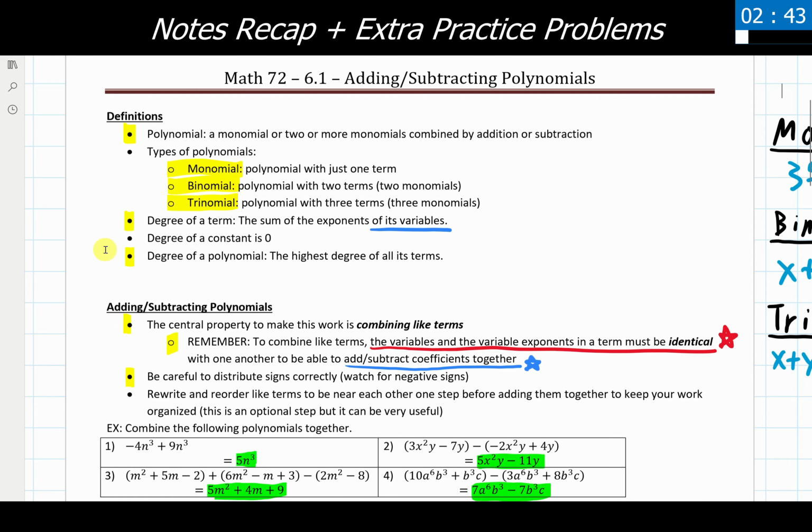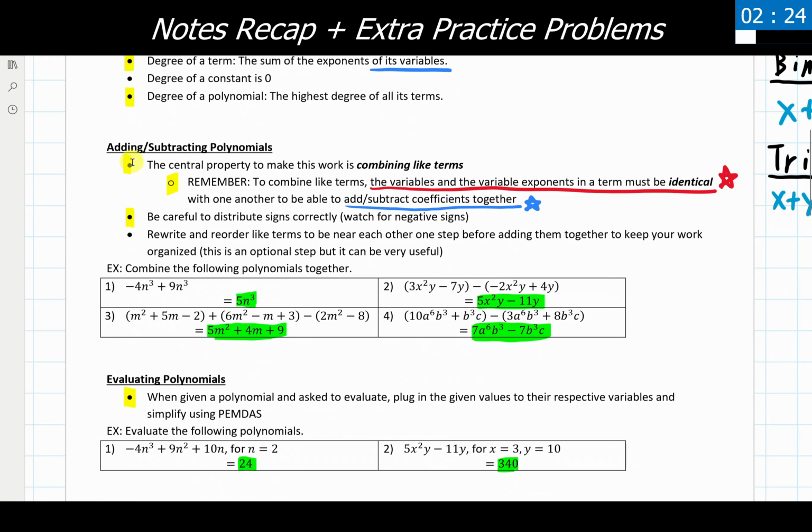I think you'll probably see one or two of those show up on homework or anything like that, but they're not particularly frequent, at the very least in my class. If you are watching this video and you're in my class, we're not going to see a ton of these beyond this section, maybe the one after it. We then went into actually going through and adding and subtracting polynomials together.